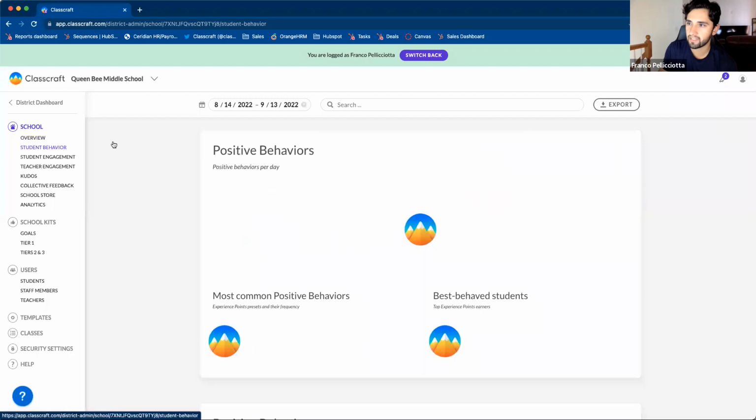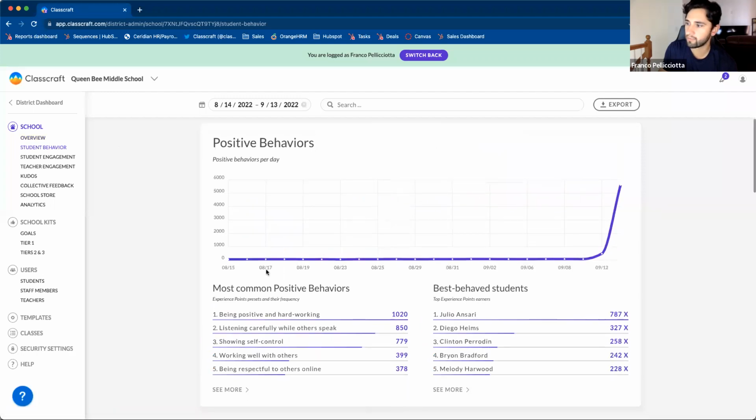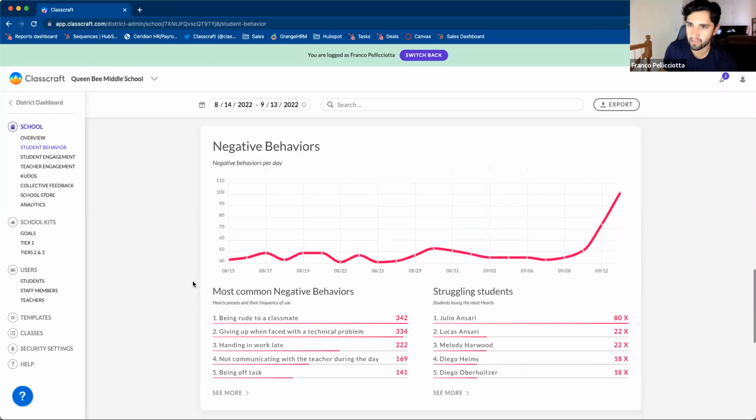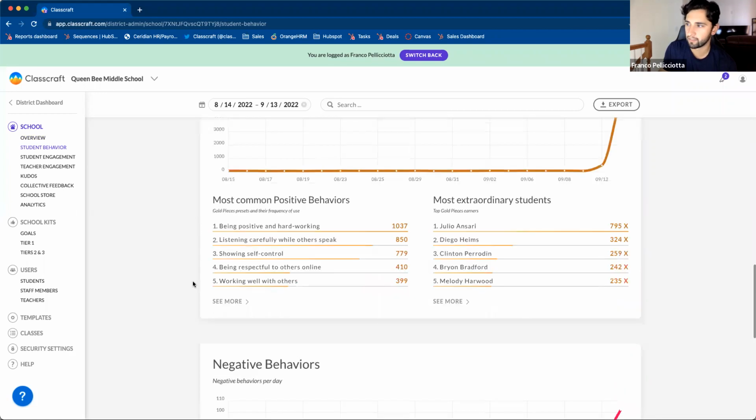You can dive into the student behavior. So you can see the most common positive behaviors given out in the entire school. You can see what students have been receiving those positive behaviors. You can see the same thing for negative behaviors as well. And you can start to dive in and get a little bit deeper. So maybe